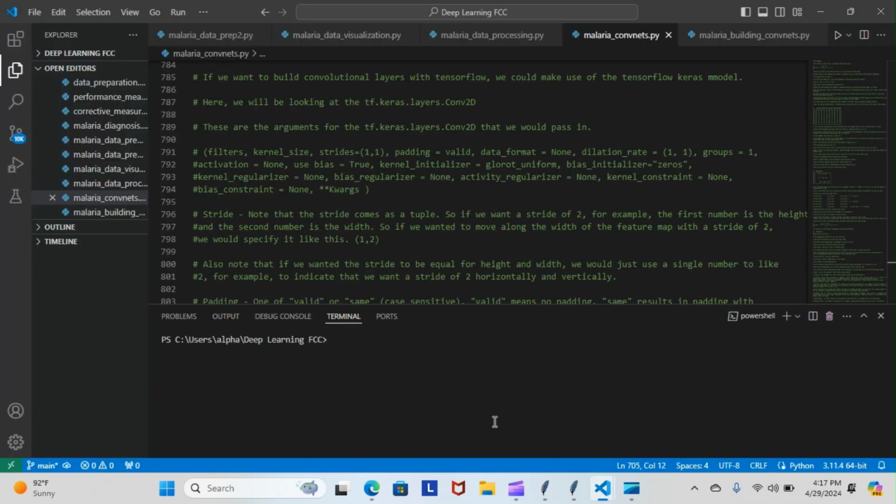Now, yesterday, if you recall, the last thing we went over was the max pooling, and today we're going to pick up where we finished off. If we want to build convolutional layers with TensorFlow, we can make use of the TensorFlow Keras model. Here, we will be looking at the